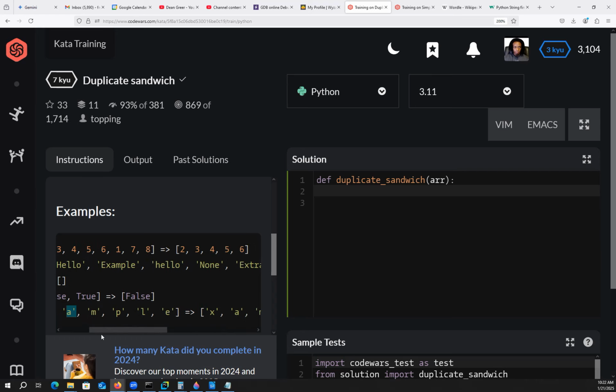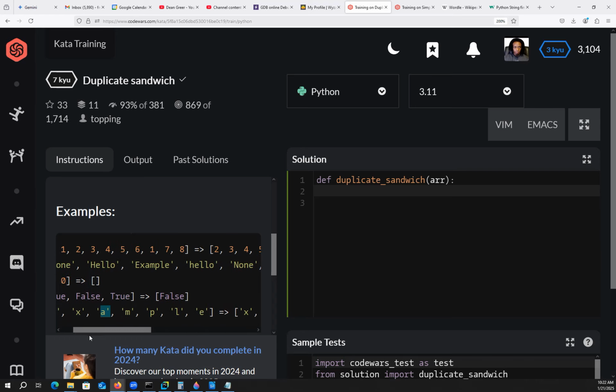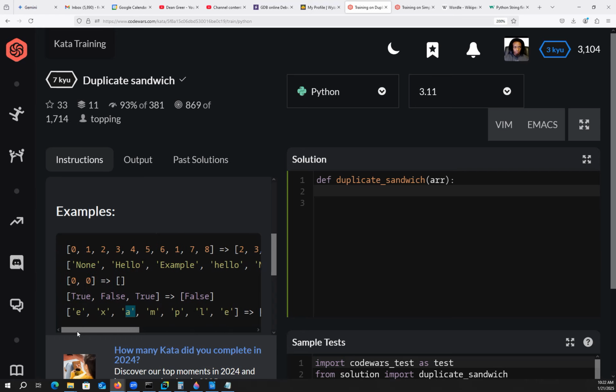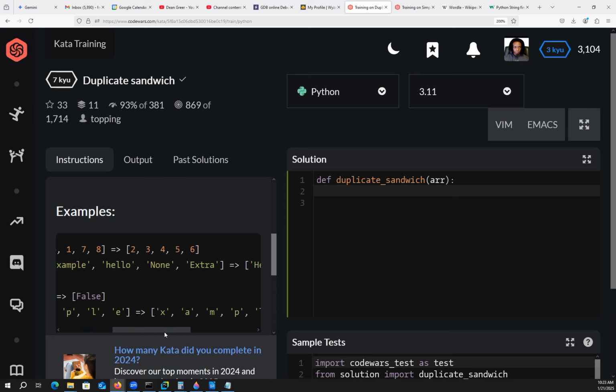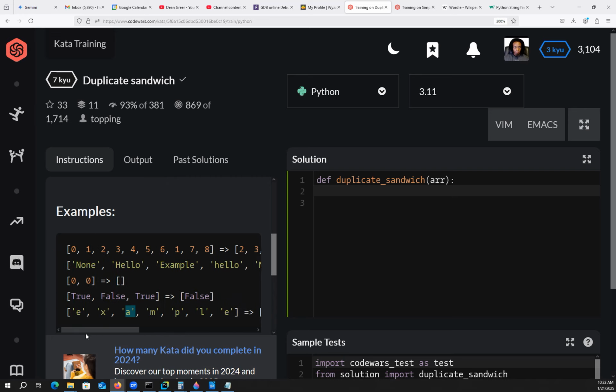Looking at the range of items you return, notice the duplicates are not included. So looking at the first example again, the 1 and the 1 are not included in your output. Something to keep in mind. Exclusive, I guess you could say. All right, so let's do this. And getting into the training area,